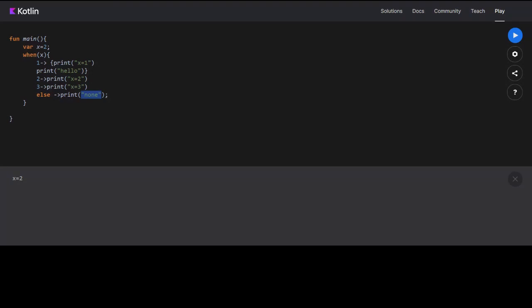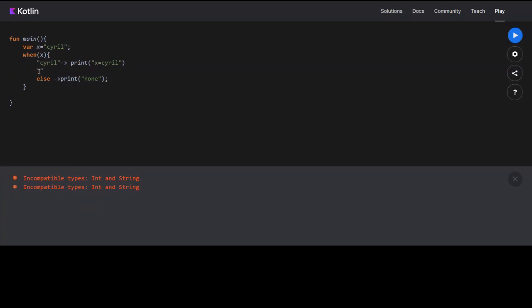Can we use letters only or only numbers? Okay, for letters, let's say I write Cyril here, and if it is Cyril, I want to print x is equal to Cyril. Let's see if it works or not. This all has to be string.